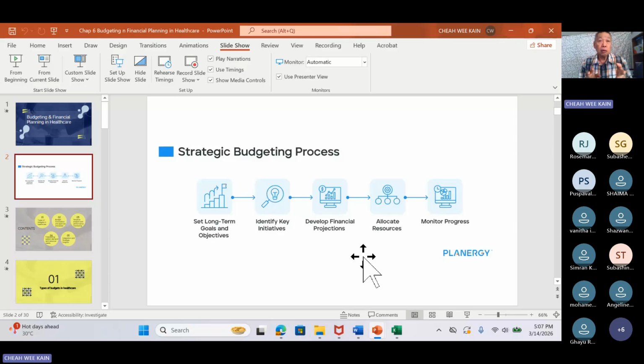Okay, the company, the hospital doesn't have unlimited money. The hospital doesn't have unlimited doctors. So sometimes you need to allocate. And when you do allocate, you must now see if all of them are following this goal, which one is more important? Which goals of the department are very important to support? Those not so important to support, we cut off. That's all. So we allocate resources, then we see the actual compared with the plan. That's how we monitor progress.